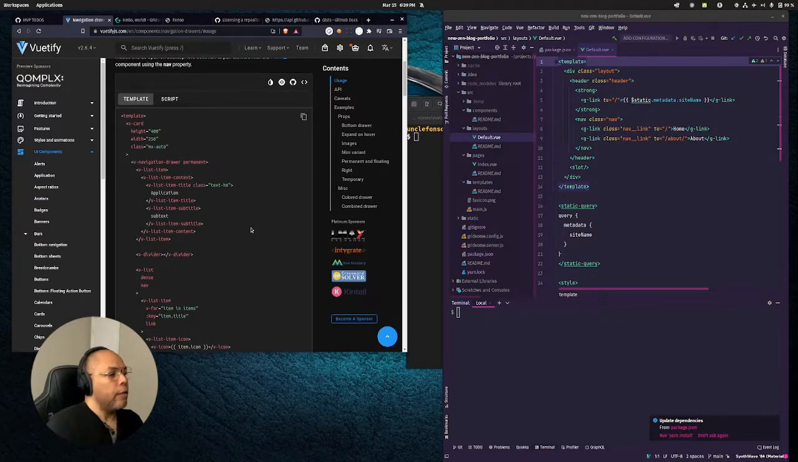Yeah, vcard, navigation drawer, permanent, application context, da da da da. Okay, cool. So,